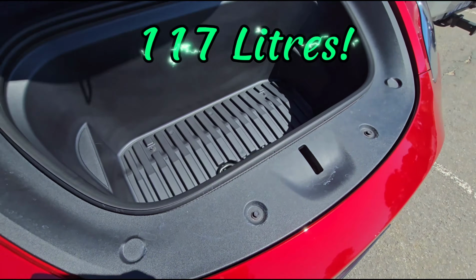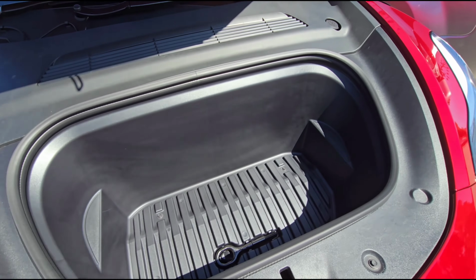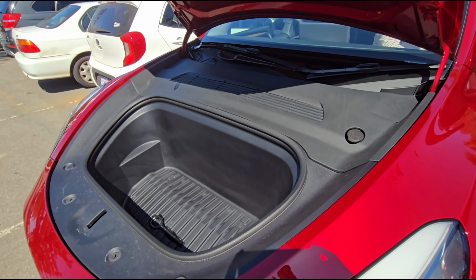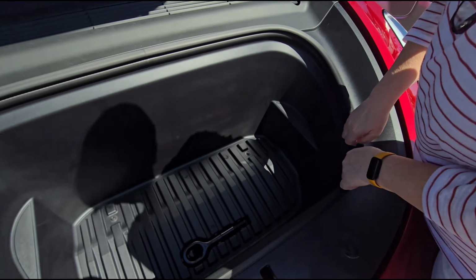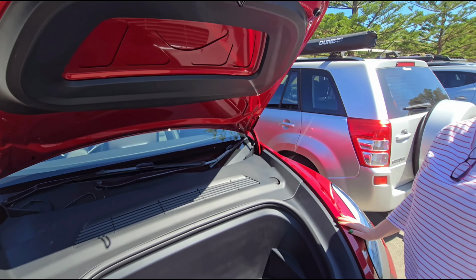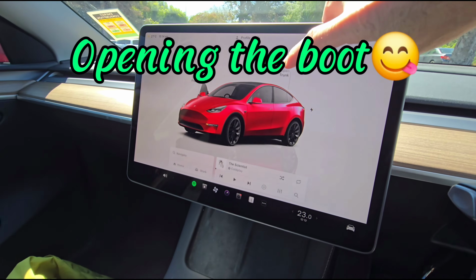Now the frunk is pretty massive. I mean, when you compare that to the Atto 3, that's a decent sized frunk, I have to say. So very, very good. Think you could fit inside there? Let's try! You could put a dead body in there almost. Not that I'm advocating that. No, please. So of course they call it a trunk, not a...